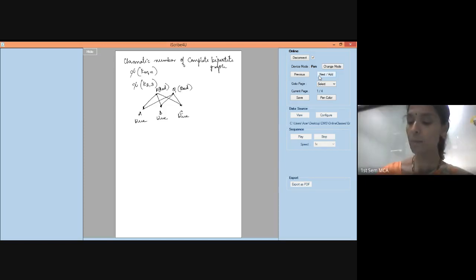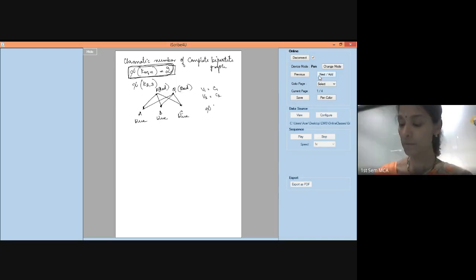So for a complete bipartite graph the chromatic number is always 2. Always. Make a note that every bipartite graph is 2 colorable. One set of vertices in one subset gets one color, the other set of vertices in the other subset gets another color. That's all. So V1 you will give one particular color C1, V2 you will give another particular color C2. That's all. Every bipartite graph is 2 colorable, or the chromatic number of a bipartite graph is always 2. Am I clear?